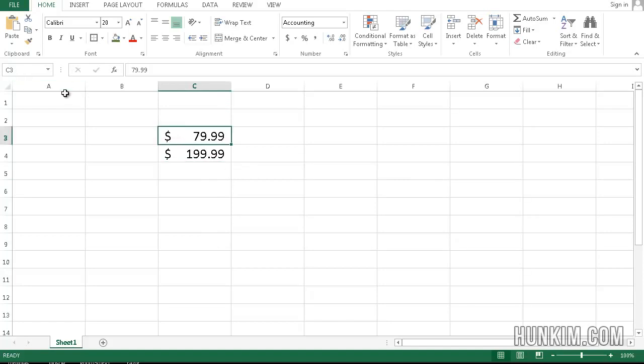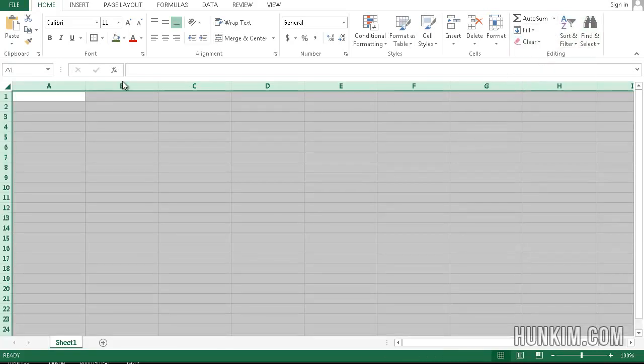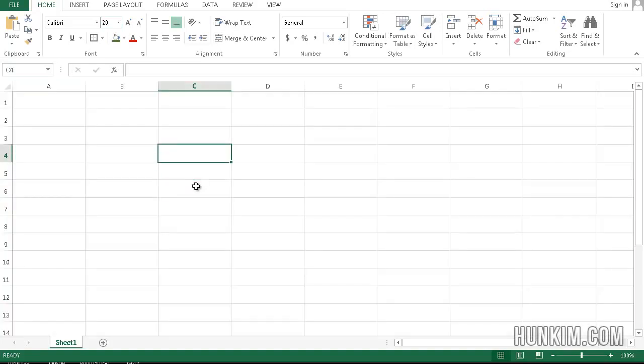Now what if I were to undo that? So let me just clear everything, clear all. So now we're back to the way we were before. I do like that size 20 font. What if we type in